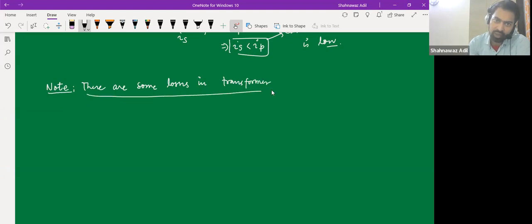The first one is that this is not an ideal condition. There would be some flux leakage, right? So to prevent that,